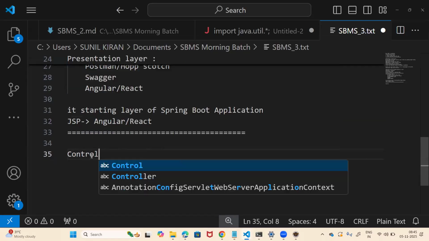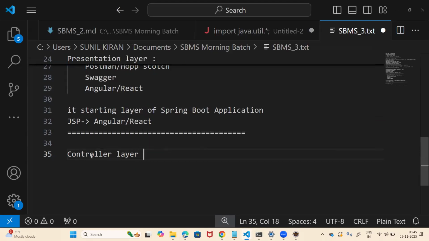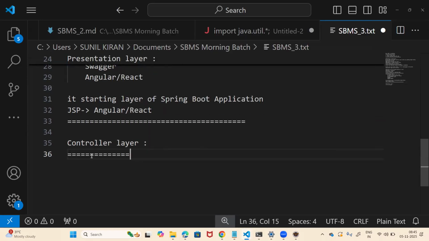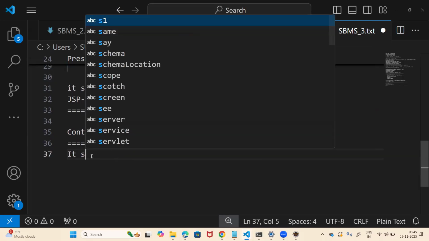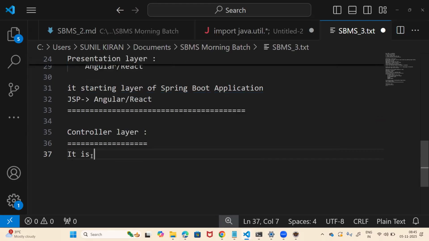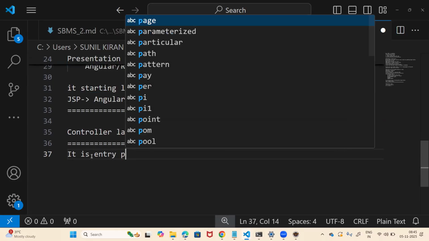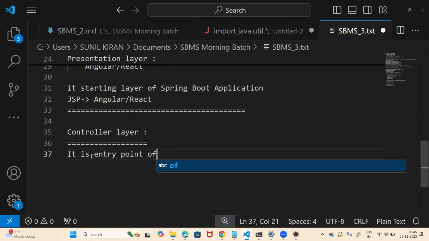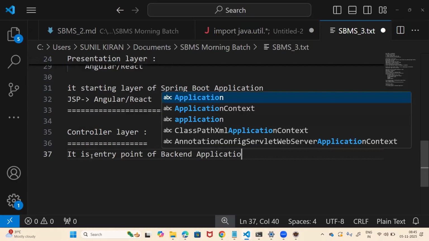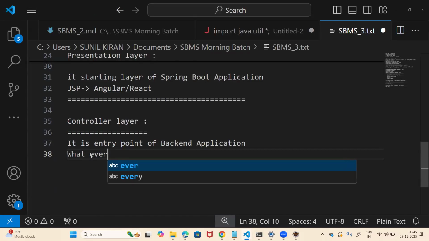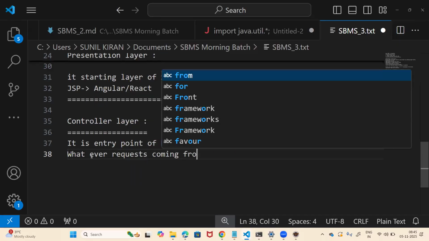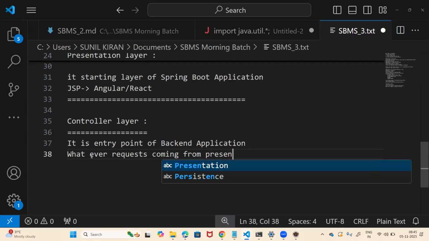Controller layer. It is the entry point of our backend application, guys. Whatever requests are coming from the presentation layer,